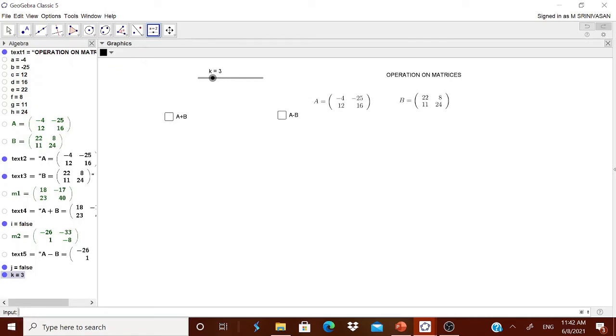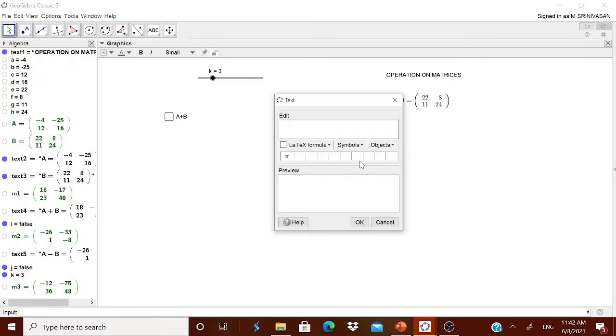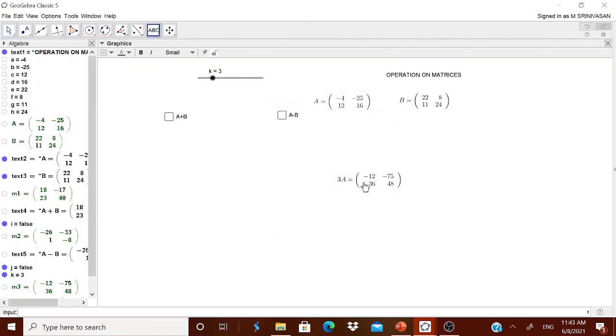Now you want K into A, small k into A. Okay, you got it now. This can be displayed over here where the text is, therefore it is K into capital A is equal to. Now what is there in M3? Therefore go and display M3 and then select this one. Okay, now this 3A is subtracted. Similarly, you can find 3B also.